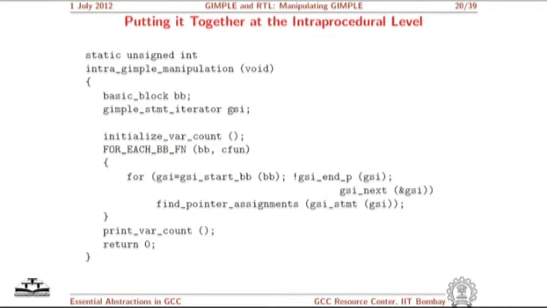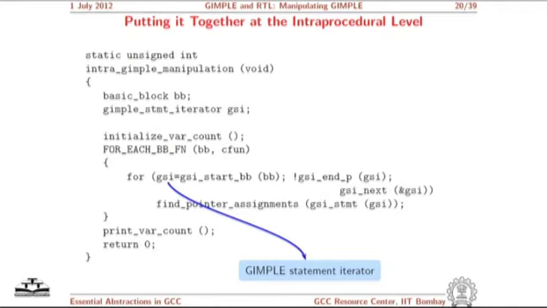Okay. What will it do? It has a basic block, it has a GSI, and it will initialize the variable count. Maybe for global variables everything is initialized to 0, and then for each BB in this function, and now I have shown another iterator. The cfun is what has the current function context. For each basic block, for each GSI of the basic block, I call that function find pointer assignment statements, and I simply print the variable count, and that is my pass. That will classify statements that involve pointers. Okay. Now,